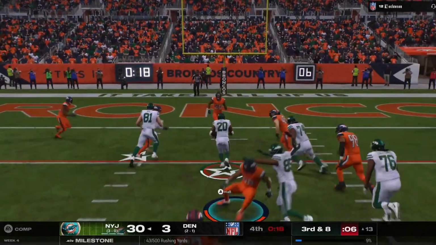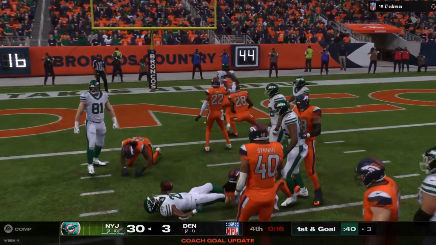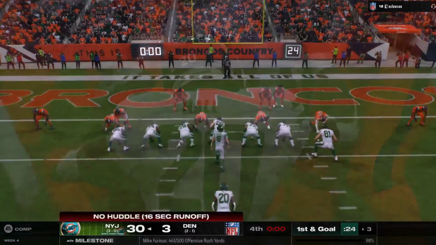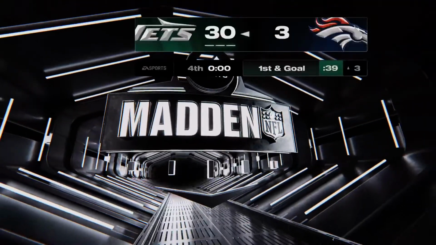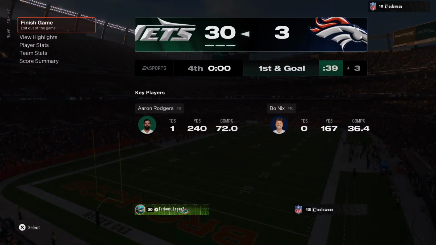A give. Here's Hall. And the Jets are going to have it 1st and goal. They'll take this one down to about the 3-yard line. So this one in the win column for the Jets. They finish off the first